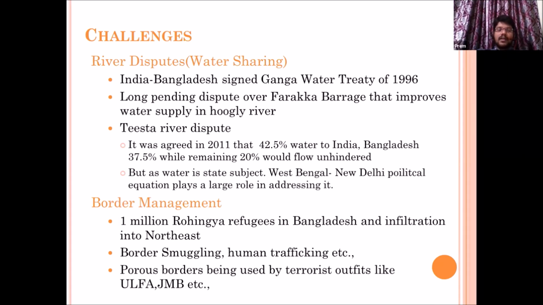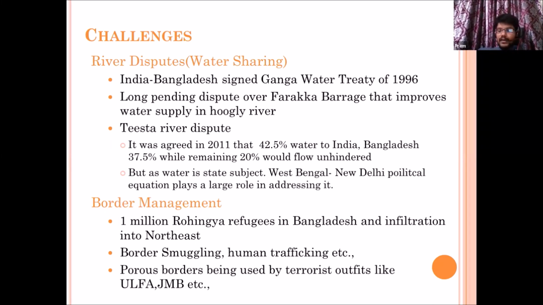Why did we have the Assam Accord? Because Assamese said that as many Bangladeshi immigrants have come illegally to Assam, they are destroying the cultural identity, and they are losing their major ethnicity as Assamese. So that is why they started protests. To address that protest, India and Assamese groups made an agreement called the Assam Accord. According to that, they are going to conduct a national registry of citizens, find out the illegal migrants, and deport them to whichever state they came from, that is Bangladesh. So this is the agreement.